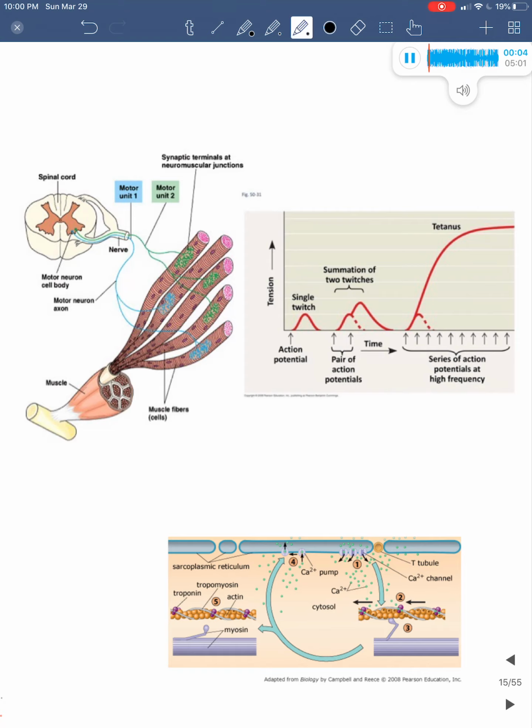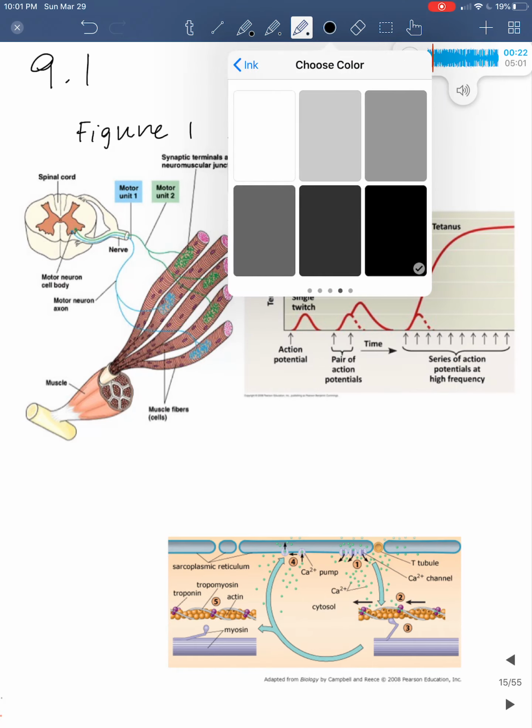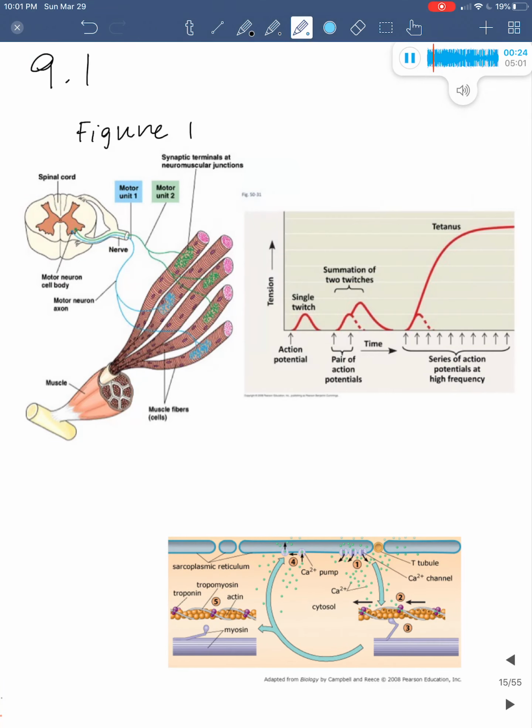Today I'll be explaining Concept Challenge 9.1, which is the control of muscle tension. For the first figure, I'll be explaining motor units and recruitment. So a motor unit is just one motor neuron plus all of the muscle fibers that it stimulates. So in this case, motor unit 1 is blue, and then motor unit 2 is green. So in the figure, motor unit 1 can only stimulate 2 muscle fibers, whereas motor unit 2 can stimulate 3